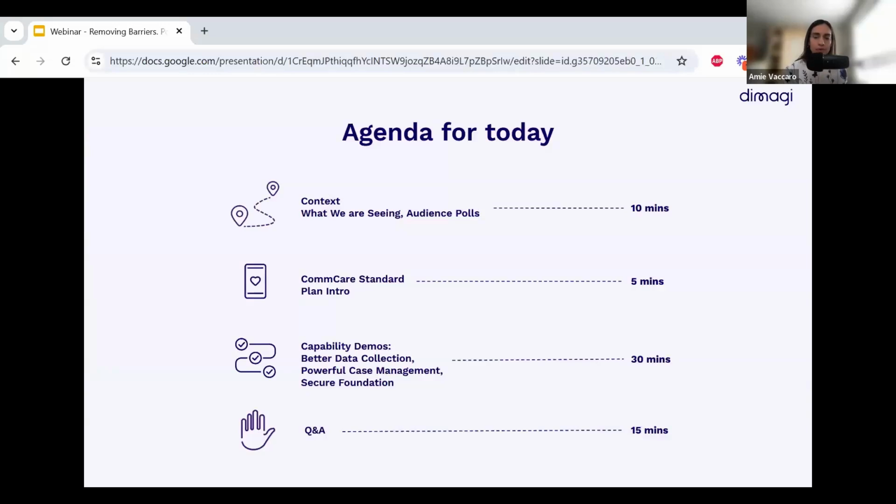These demos will be rooted in workflows for maternal and child health and emergency and humanitarian response, and they'll be demos that are useful across sectors. We'll conclude with a good chunk of time for Q&A. As you have questions as we're speaking, feel free to drop your questions into the Q&A feature in Zoom. We'll address them both throughout the webinar and then at the end as well.